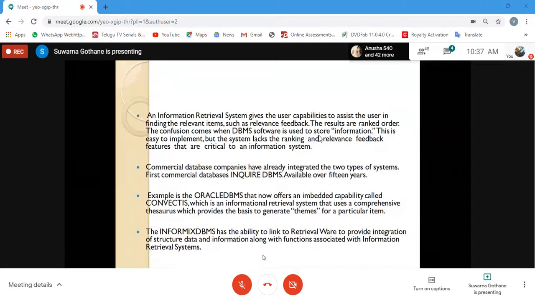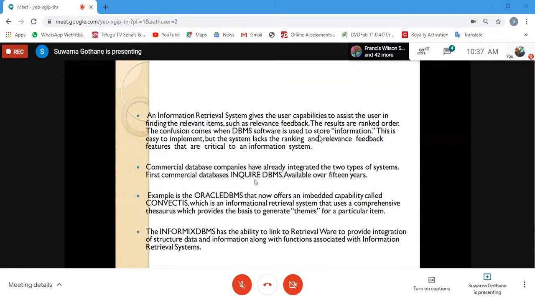The first system which came into the market, which produced integrated software for commercial use, is the Inquire DBMS, which has been available for the last 15 years.